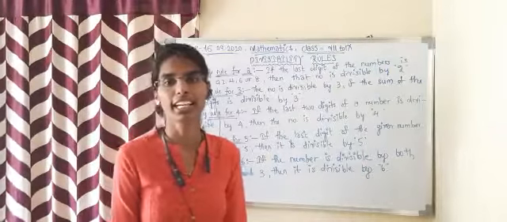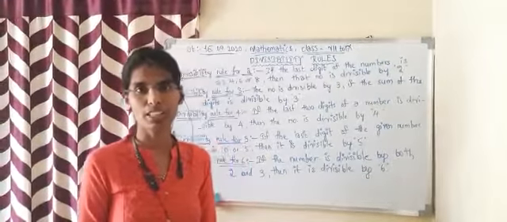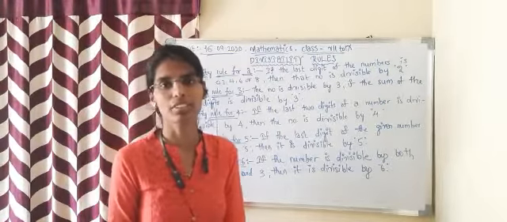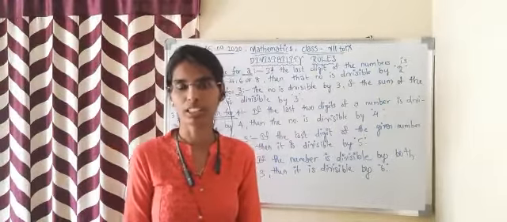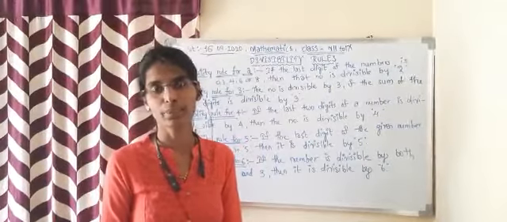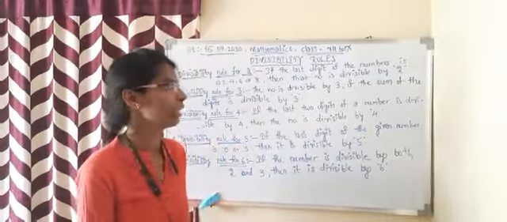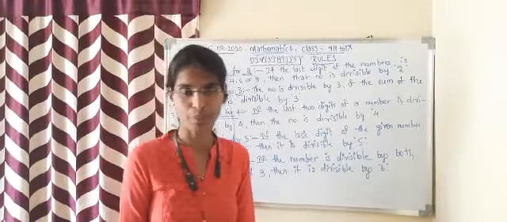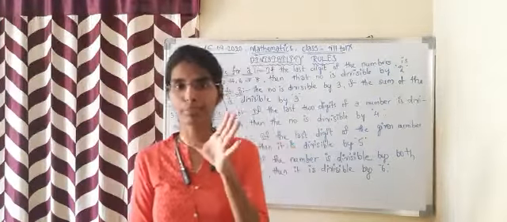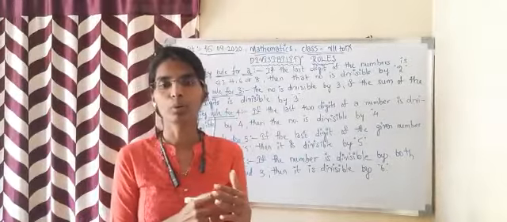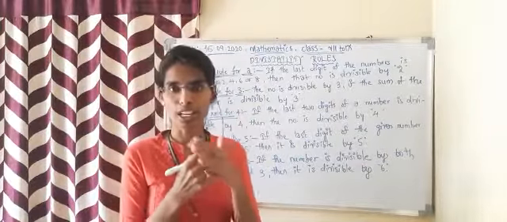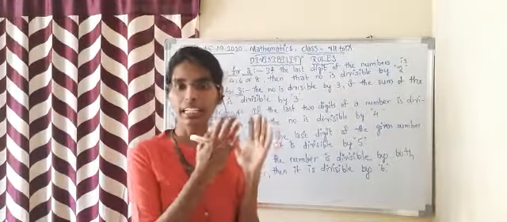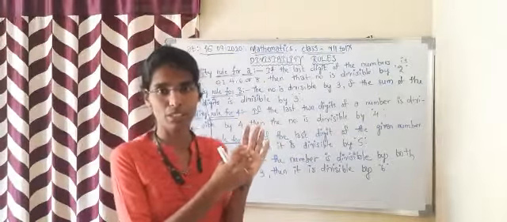Hello everyone. In yesterday's class, we learnt about the basic concepts of geometry like line segment, point, intersecting lines, perpendicular lines. In today's class, we will be learning about divisibility rules. What are divisibility rules? If a big number is given, we have to check whether the given number is divisible by 2, 3 or any other numbers from our divisibility rules.